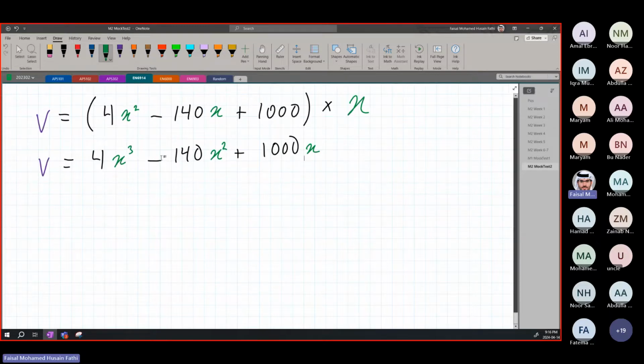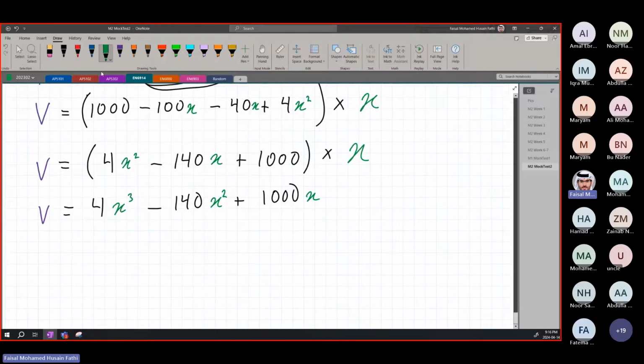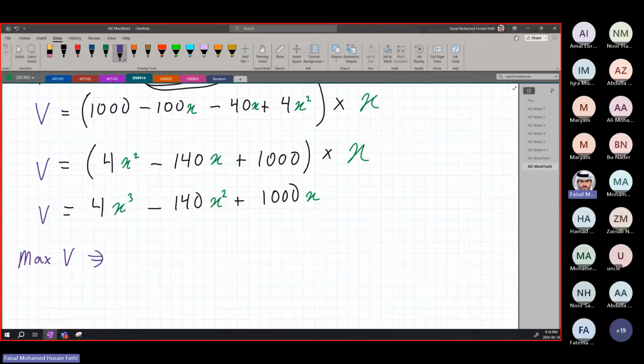Now that we have simplified this equation, we wanted to find the maximum of v. How do we do that? We have to differentiate and equate to 0. That is the rule for finding the maximum. So max v implies that we're going to have to do dv by dx, which is equal to